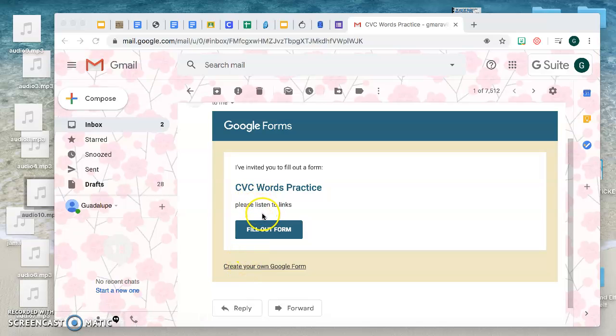Hi everybody, I just wanted to come on here and tell you how this Google form works. So from Google Classroom, it should look something like this when you click on the link. So you would click on fill out form,